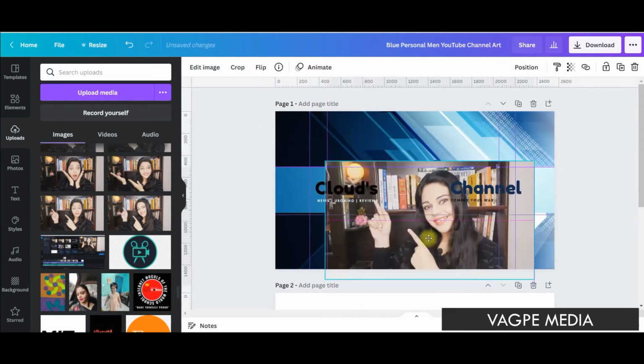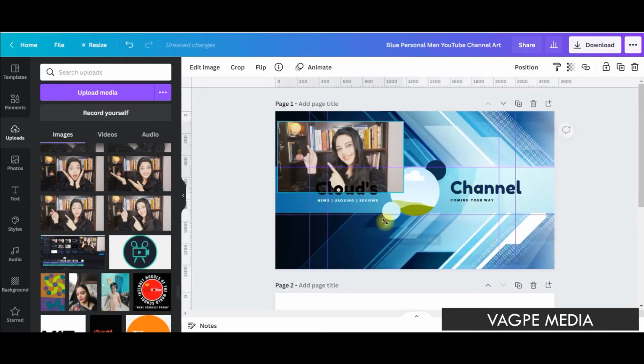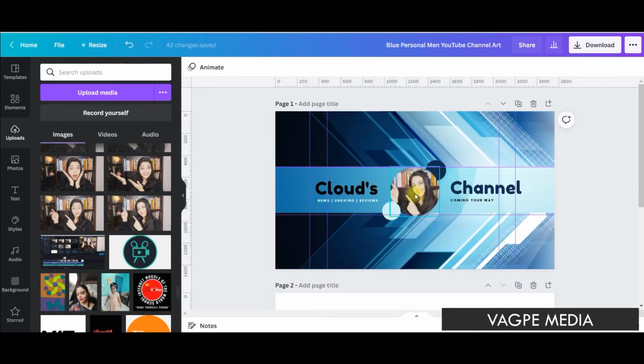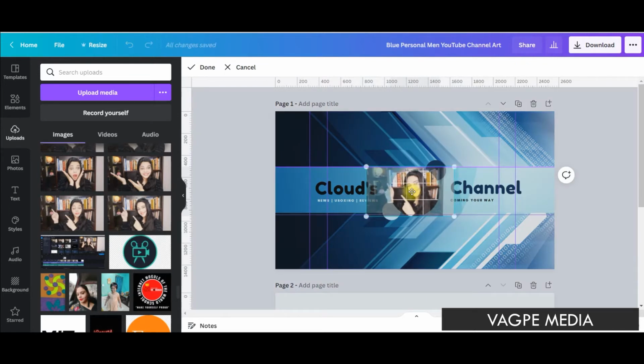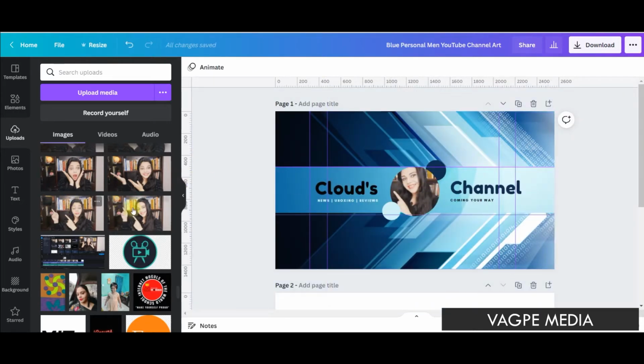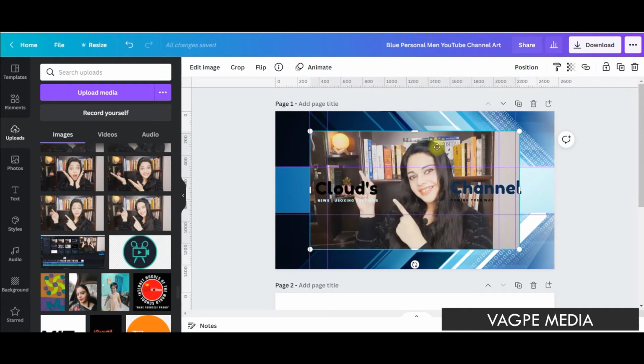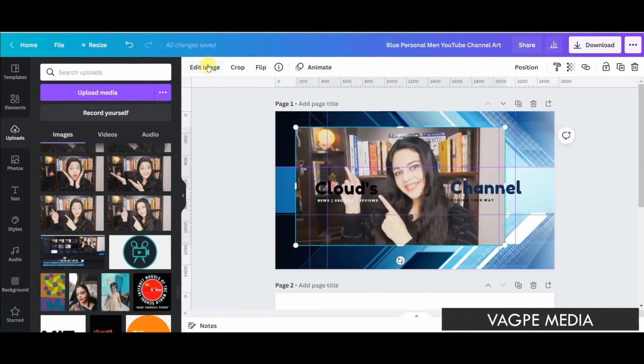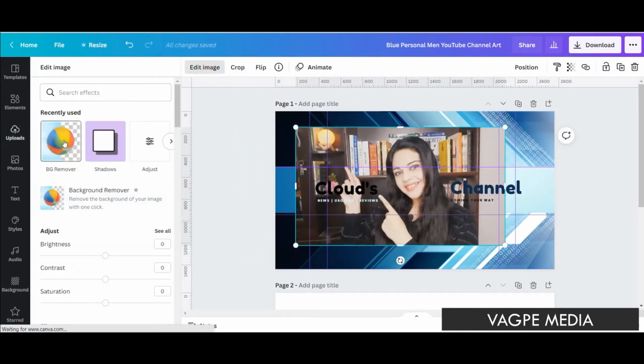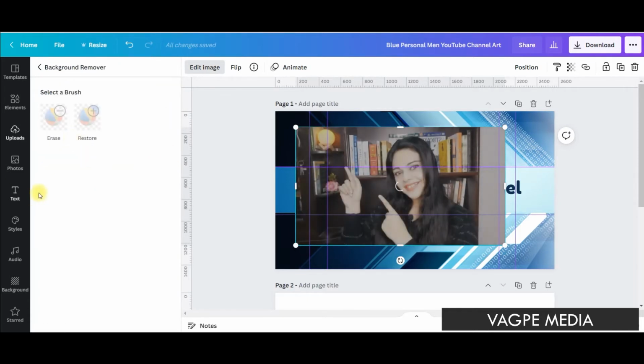As soon as you put it here and you make it a little smaller, it'll kind of suck the thing in. You can even make it a little larger if you want, and you can do a pop-up kind of an effect. I'll just show you how. What you need is, again, you'll have to take this picture. You'll have to go to edit image, background remover. Well, if you don't have a pro version, then this background remover option won't be available right away,